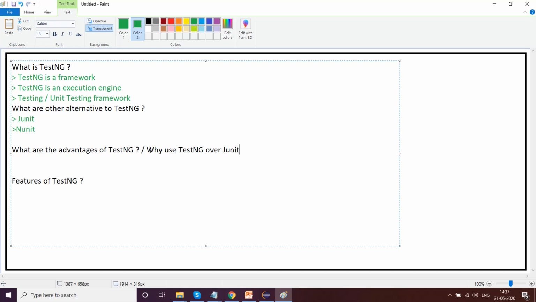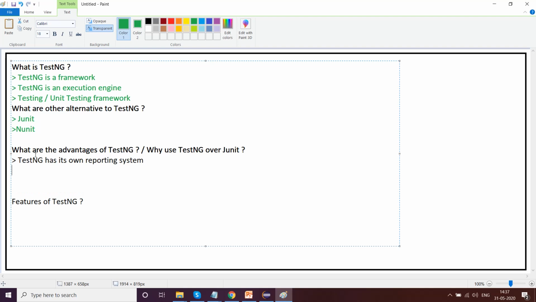This is a question which is generally asked in interviews, and the answer is very simple. The most important answer is TestNG has its own reporting system.